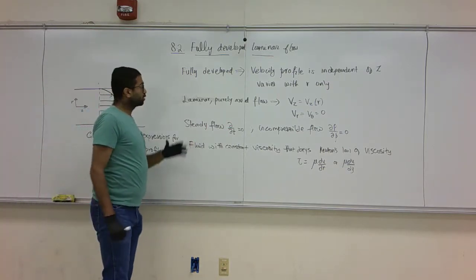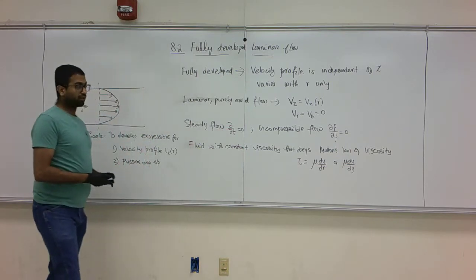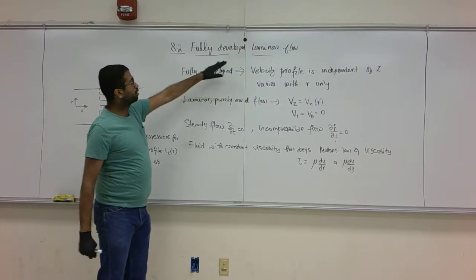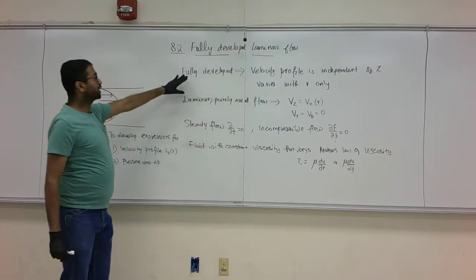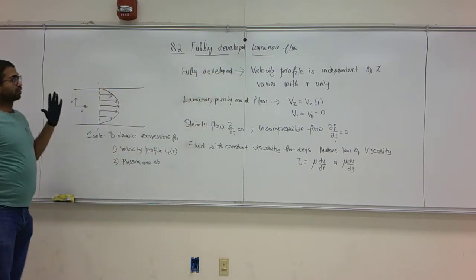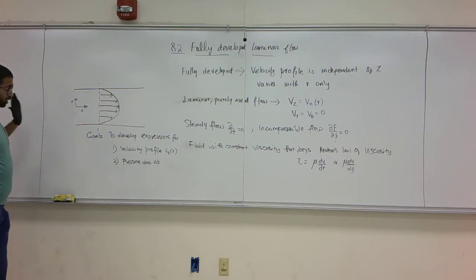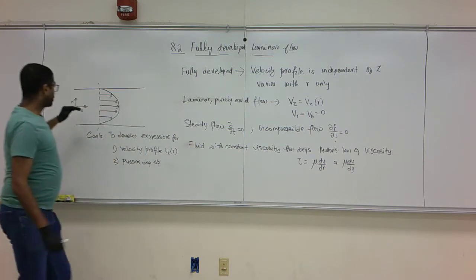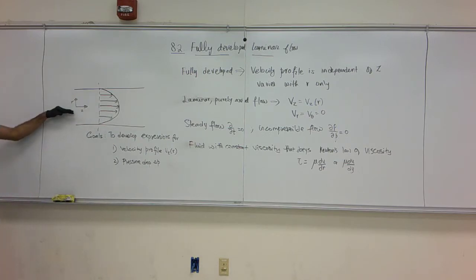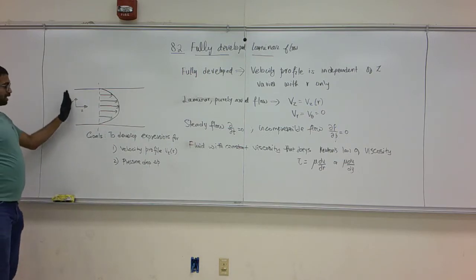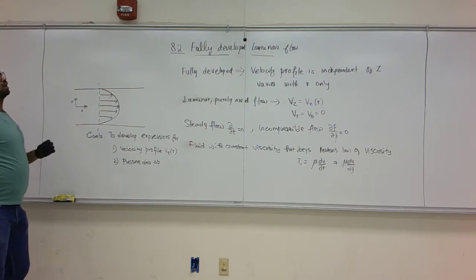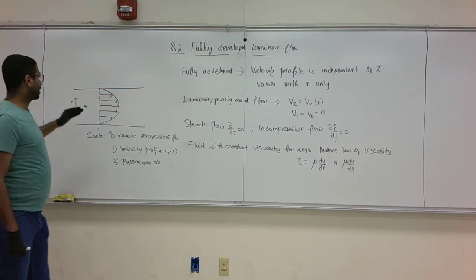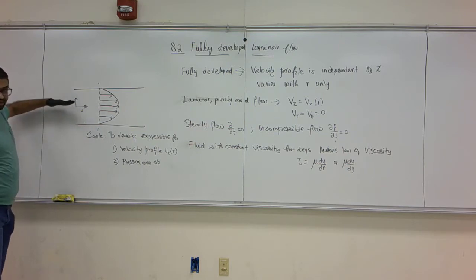In this lecture, we are going to look at fully developed laminar flow. In the previous part, we saw what fully developed means, and what laminar means. Fully developed in this context means that the velocity profile flowing through a sufficiently long pipe is independent of z, the axial coordinate. It varies only with r, the radial distance. Laminar, and in this case purely axial flow, means the velocity is only along the axial direction.